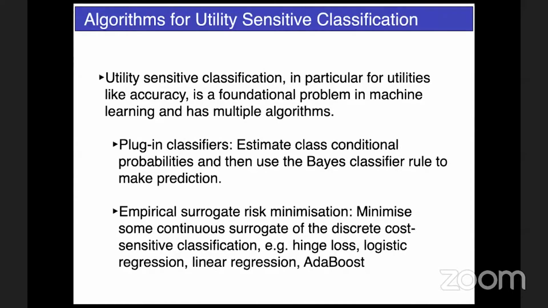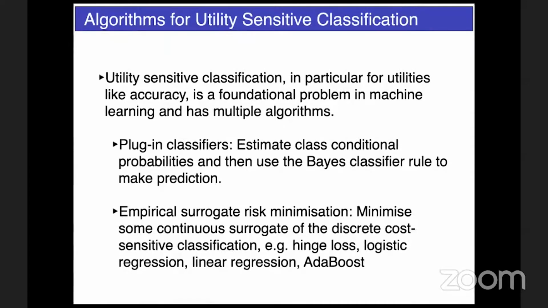You can do that using standard probability estimation techniques using training data. That's what is called plug-in classifiers. You estimate the class conditional probabilities using standard methods, and then you use the Bayes classifier to make the prediction. You can do that for pretty much any utility matrix. So the Bayes classifier is possible to achieve, or at least you can get close to it, if you have sufficient data. That's why I'm going to call these utility sensitive classification problems simple classification problems.